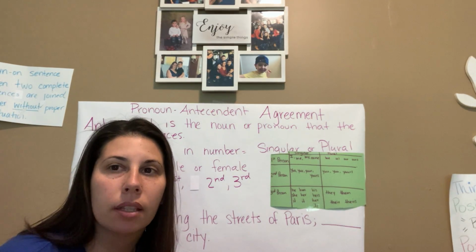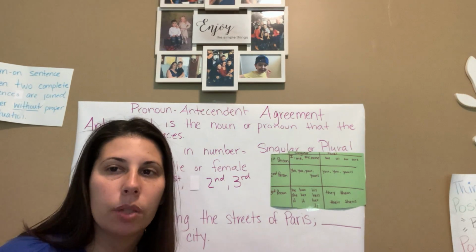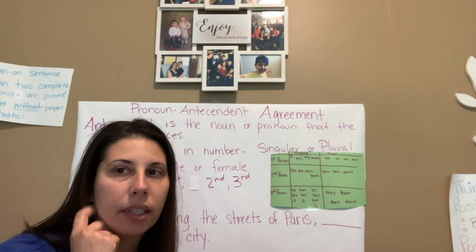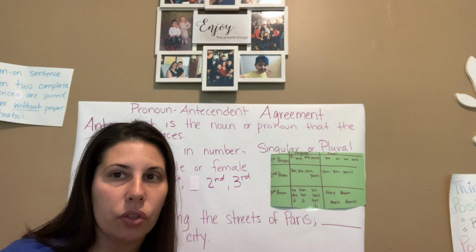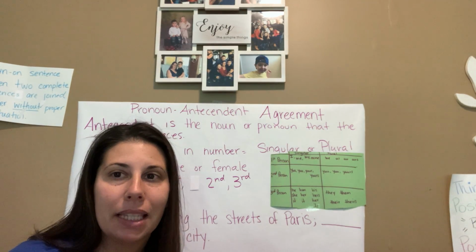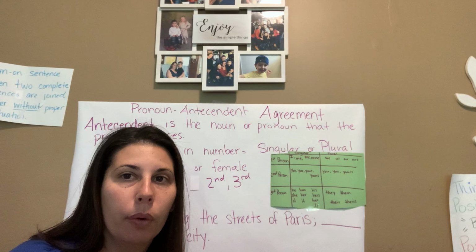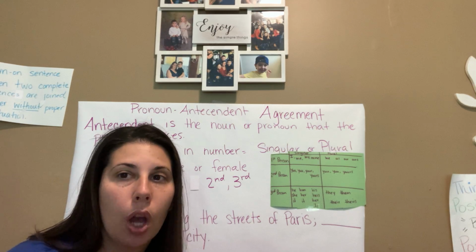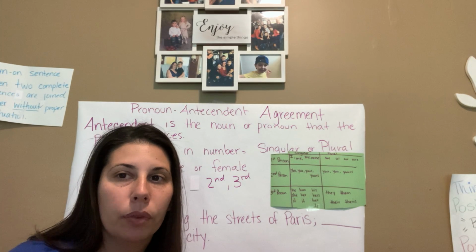It's one of the topics that I have on Khan Academy, and I just want to make sure we understand the basics of what these components are, so that way you could better understand the exercises. So when we talk about agreement, it means that they have to be the same, right? If something agrees, you're in the same idea as someone else. So when we talk about pronoun antecedent agreement, we need to know what those components are in order to really